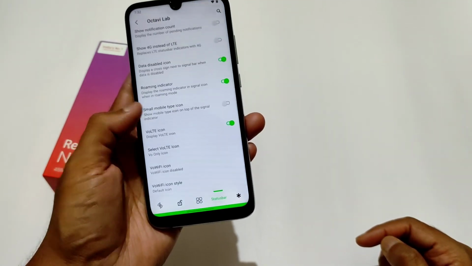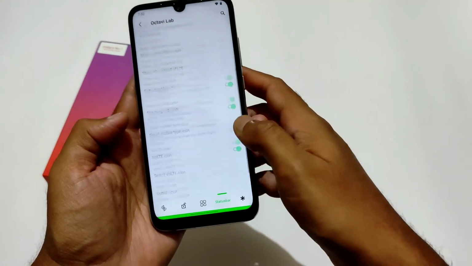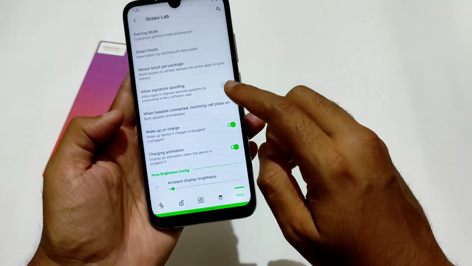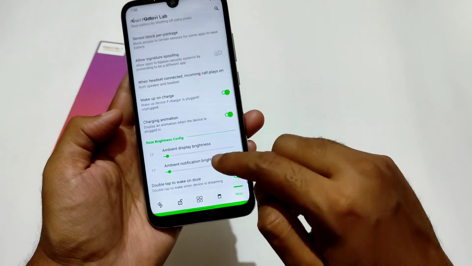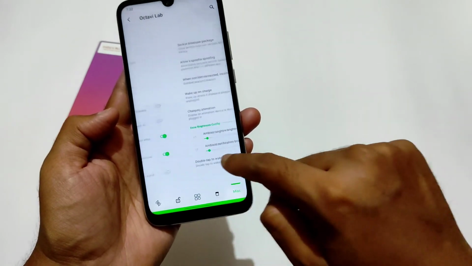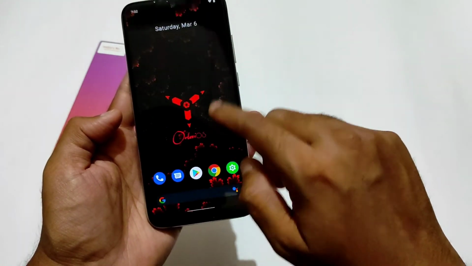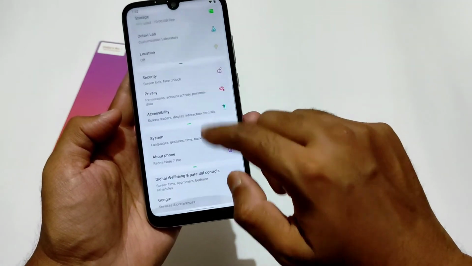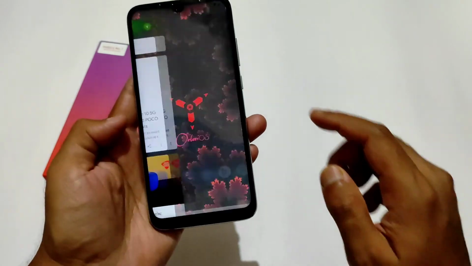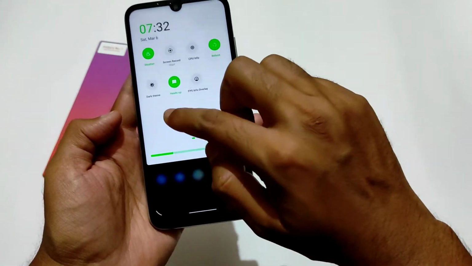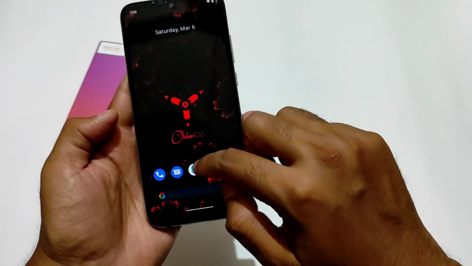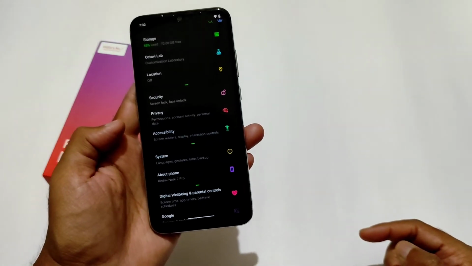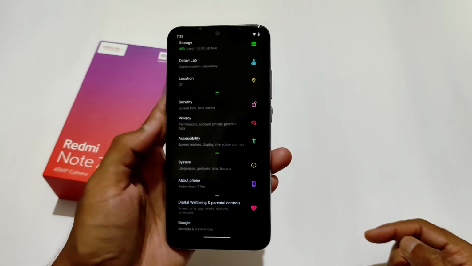And there's the status bar settings. You get lots of settings here. You can enable, disable or change it based upon your liking. And this is how you can even change the ambient brightness display here. The scrolling speeds, everything is working fine in this ROM. This is how I'll show once again the dark thing. This is how the settings look, colorful with dark UI. It's fine actually.